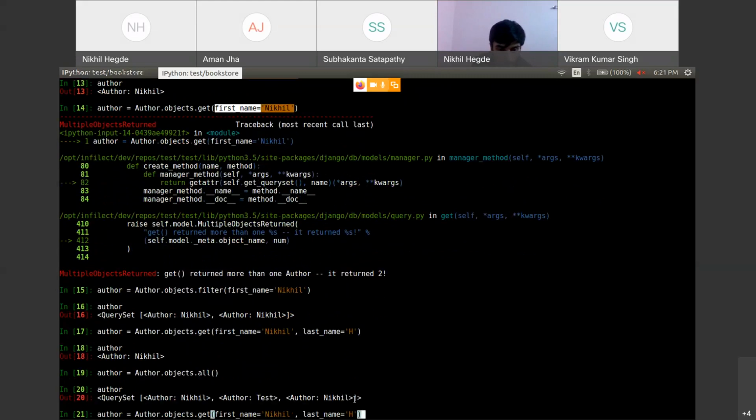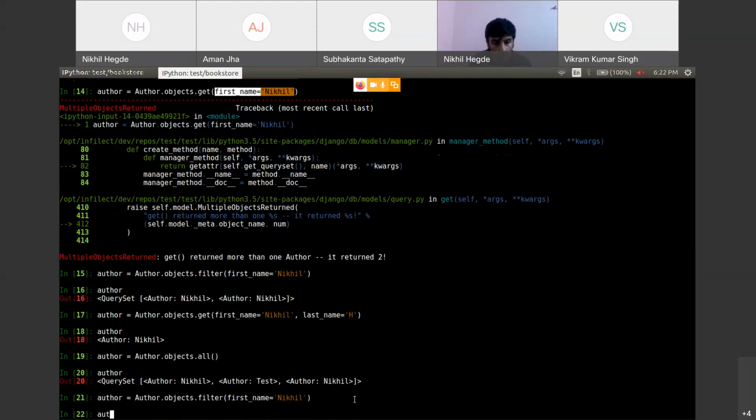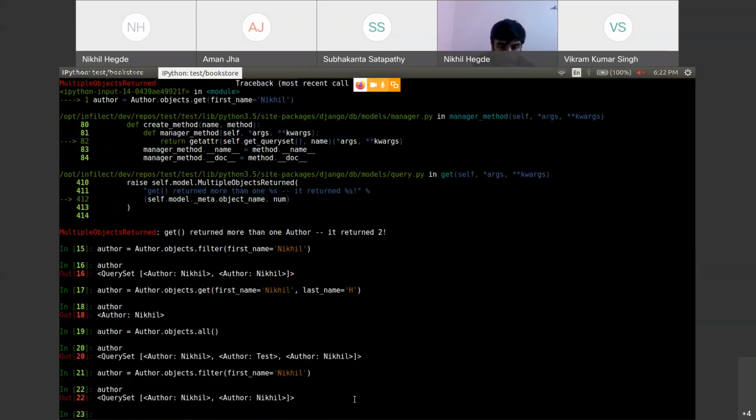And there's one more question. You already know that there are two users having first name equal to Nikhil. So there is one use case now. I want to fetch how many users are there having first name equal to Nikhil, but I don't want to list out those users. I just want the count of how many authors are there in the author table having first name equal to Nikhil. So how will you do it? I just want the count in my output, but I don't want the objects. How will you do it?